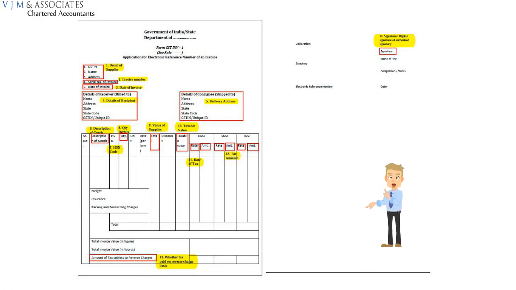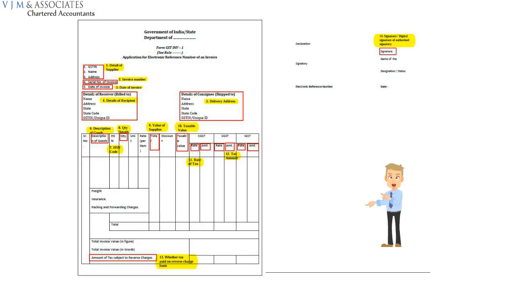With respect to tax invoice format, there are certain points given under GST which need to be printed on tax invoices. These points are: details of supplier such as TIN number, name and address of supplier, invoice number, date of invoice,